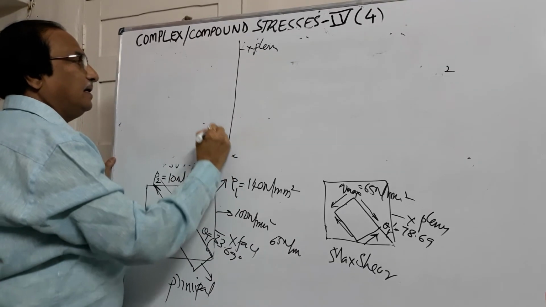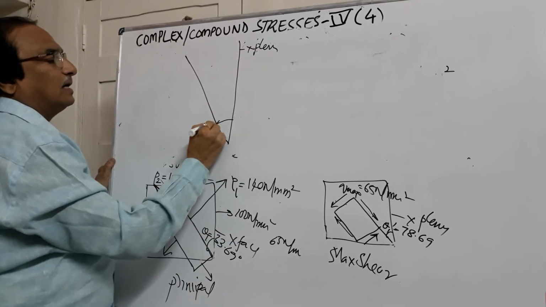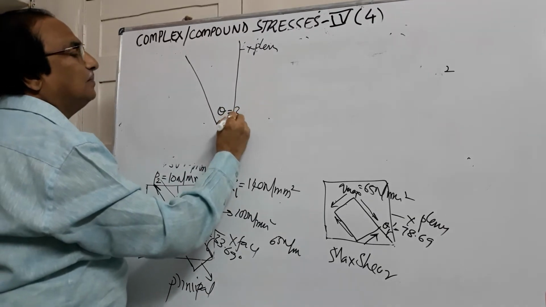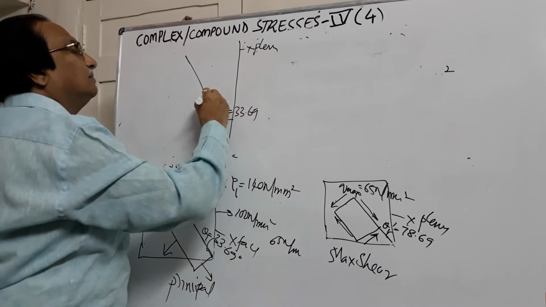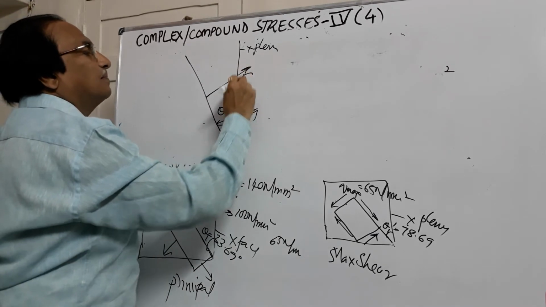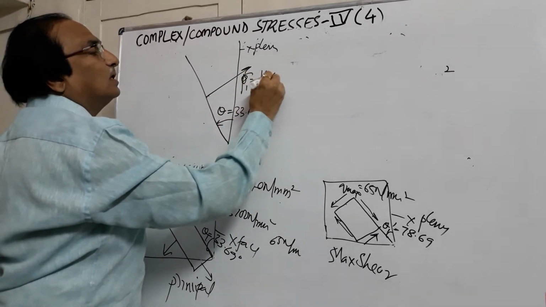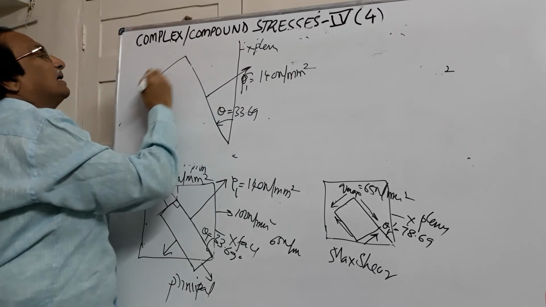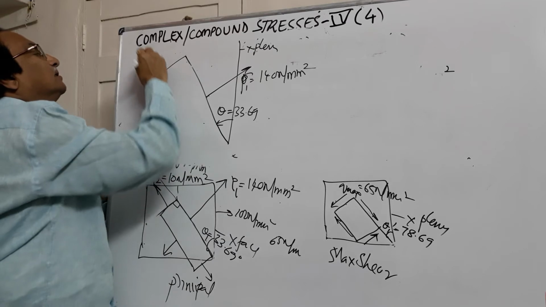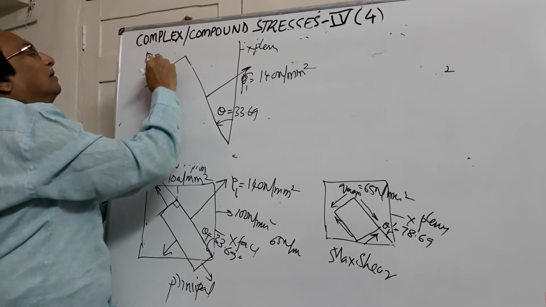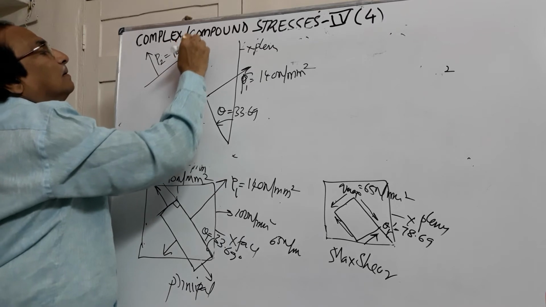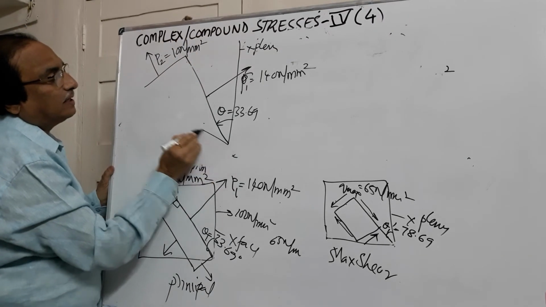So this is the plane on which we are having an angle theta whose value is equal to 33.69. This is subjected to major principal stress P1, which is equal to 140 Newton per mm square. There is another plane making an angle of 90 degrees here. This is also subjected to minor principal stress 10 Newton per mm square. There is another plane here